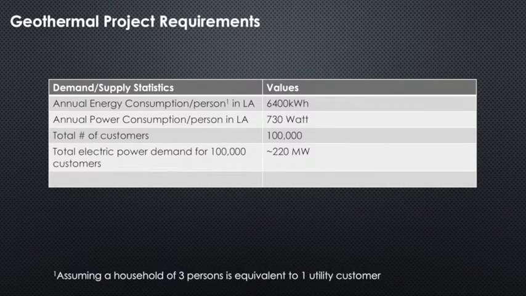The following slide represents the geothermal project requirements. The annual energy consumption per person in LA is calculated to be around 6,400 kilowatt hours, and hence the annual power consumption per person in LA turns out to be around 730 watts. The total number of customers in LA is around 100,000. In order to meet the power demand for so many customers, we require the electric power to be around 220